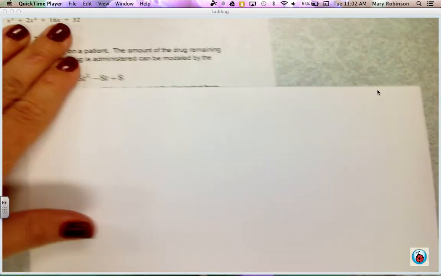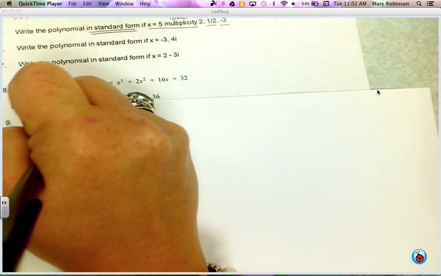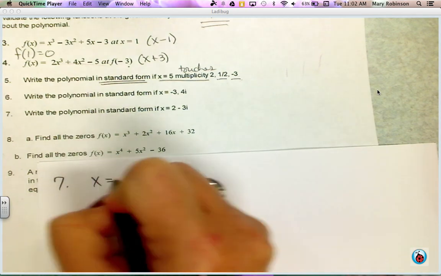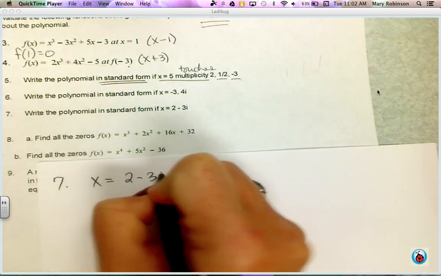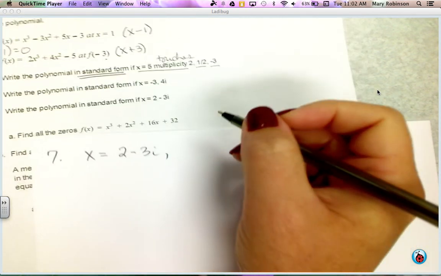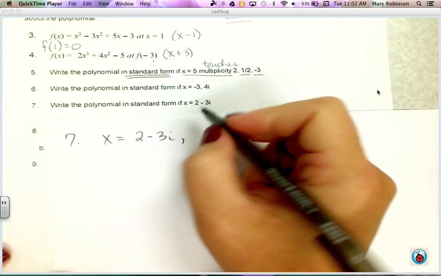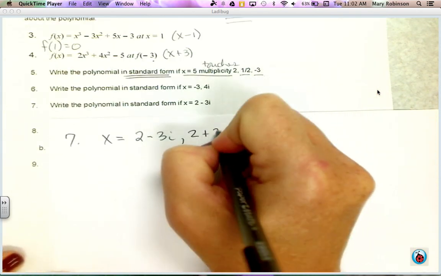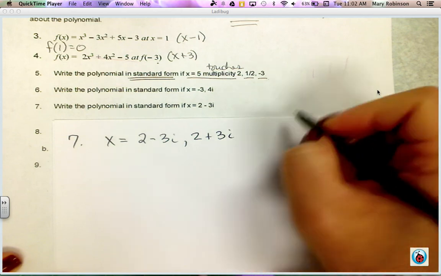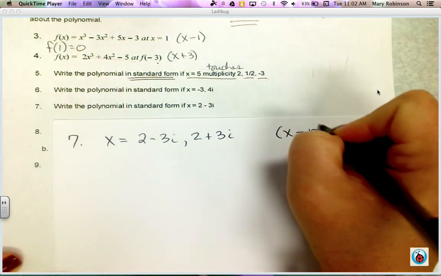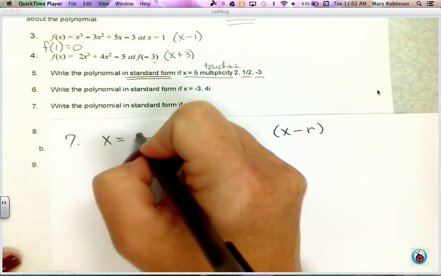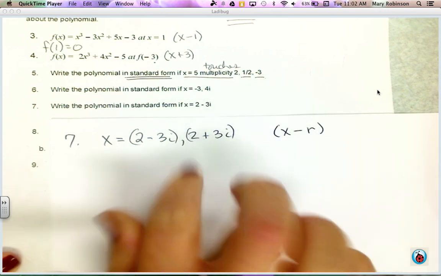Lastly for this video, I'm going to do problem number 7. Here I tell you that x is equal to 2 minus 3i. Your job is to remember to use its complex conjugate, 2 plus 3i, as a 0. And again, remember that we always use x minus whatever your root is. Well, what we're going to need to make sure we do is when we put in our roots that we